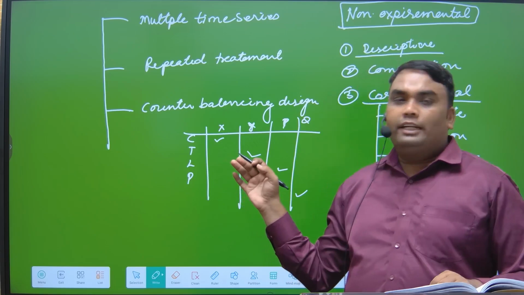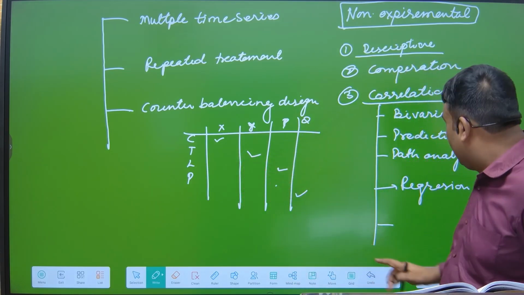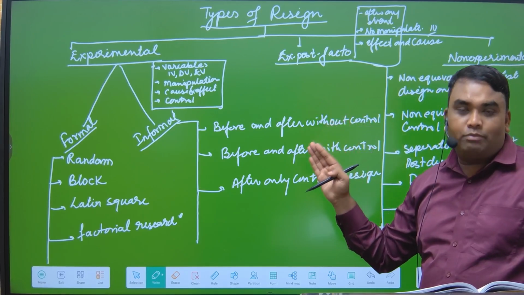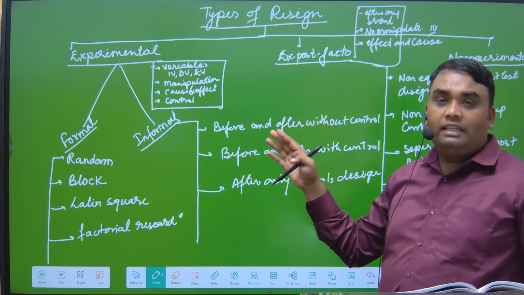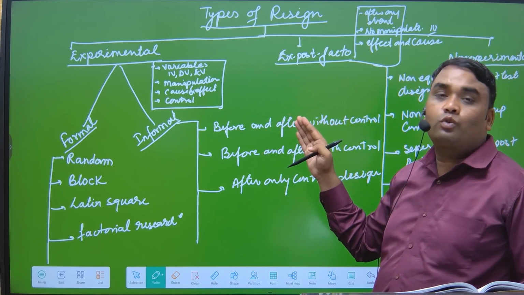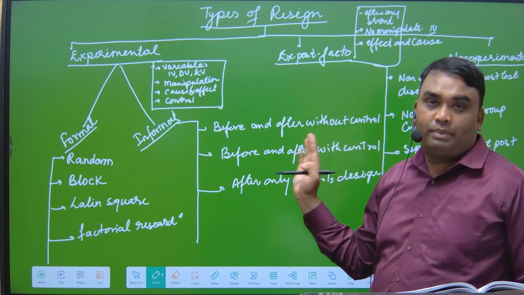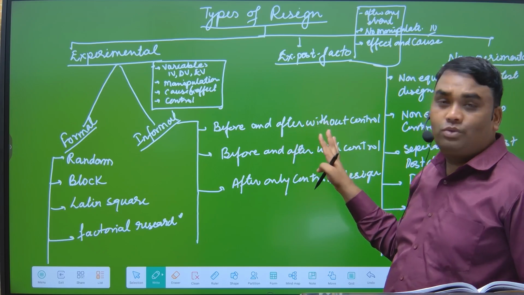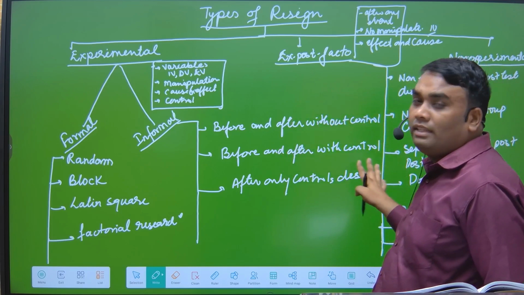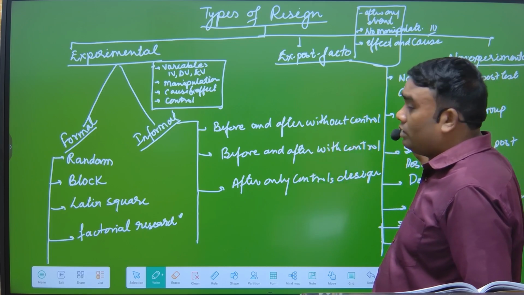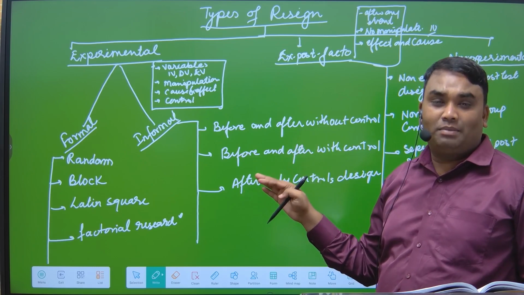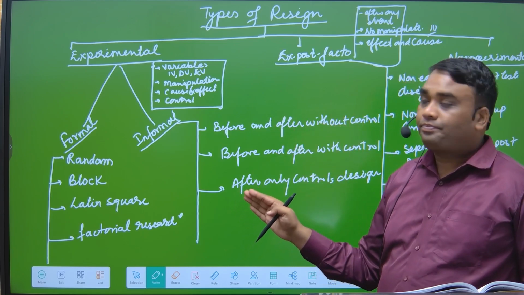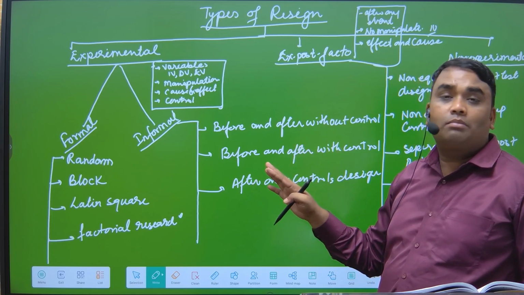So after understanding of these designs, in just this class, अभी की क्लास में हमने क्या क्या समझा? रिसर्च डिजाइन के अलग अलग टाइप्स होते हैं. One is experimental, other is quasi experiment, it is also called ex post facto, and third is non-experimental design. अब एक्सपेरिमेंटल डिजाइंस के अंदर कौन कौन से नेम आते हैं वो मैंने आपको शेयर कर दिया, और एक्स पोस्ट फैक्टो के अंदर कौन से आते हैं वो भी नाम मैंने बता दिया, और थर्ड जो नॉन एक्सपेरिमेंट के अंदर कौन से नेम आते हैं वो भी मैंने आपको शेयर कर दिया. अब जब इतने सारे डिजाइन्स आपने समझे तो इन सारे डिजाइन समझे नहीं, इनके नाम से